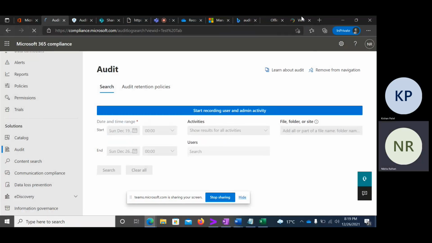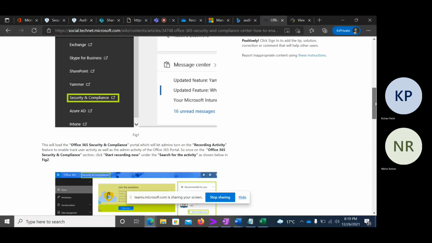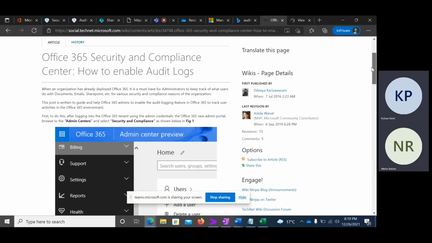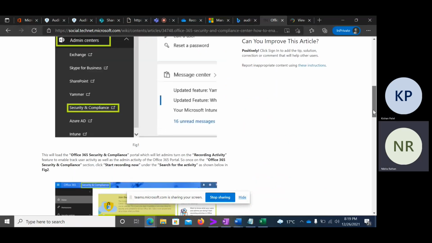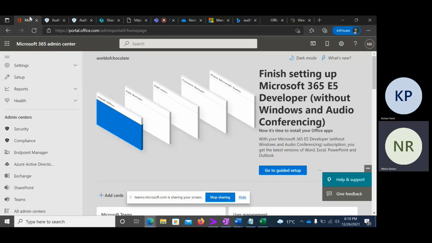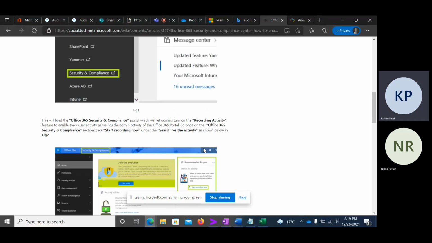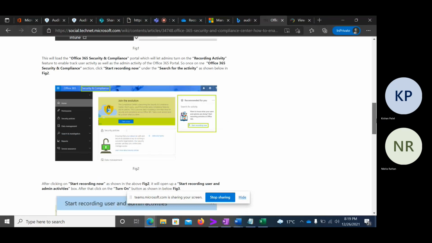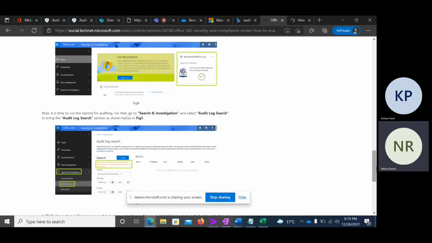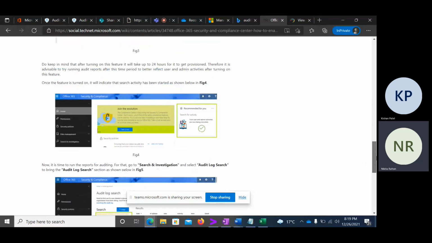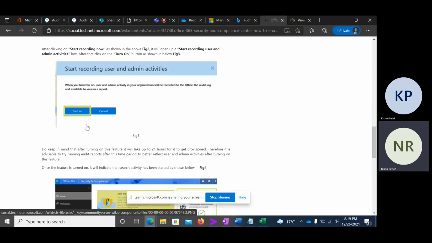Maybe it has been upgraded, and if we go by this article, which is the Microsoft article only, we go into the admin center, then we click on security and compliance. I think it could be some glitch from the server end. We'll try to turn on this feature again after some time and see. Once we turn on this feature,